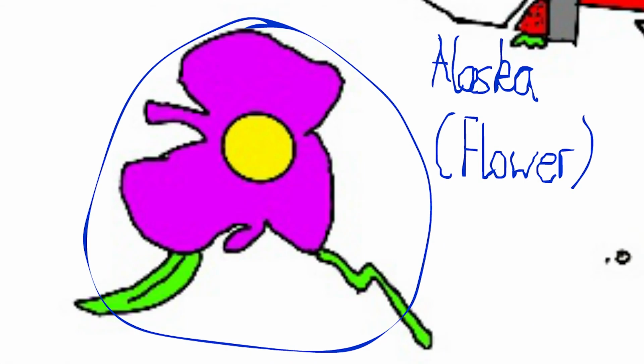I did Alabama as a popsicle because it's the only thing I could actually think of. So, yes, that's why I did Alabama as a popsicle. Well, ice lolly. And Alaska I did as a flower for the same reason. I did Arizona as, I don't really know what it is. I suppose it's pudding or something.